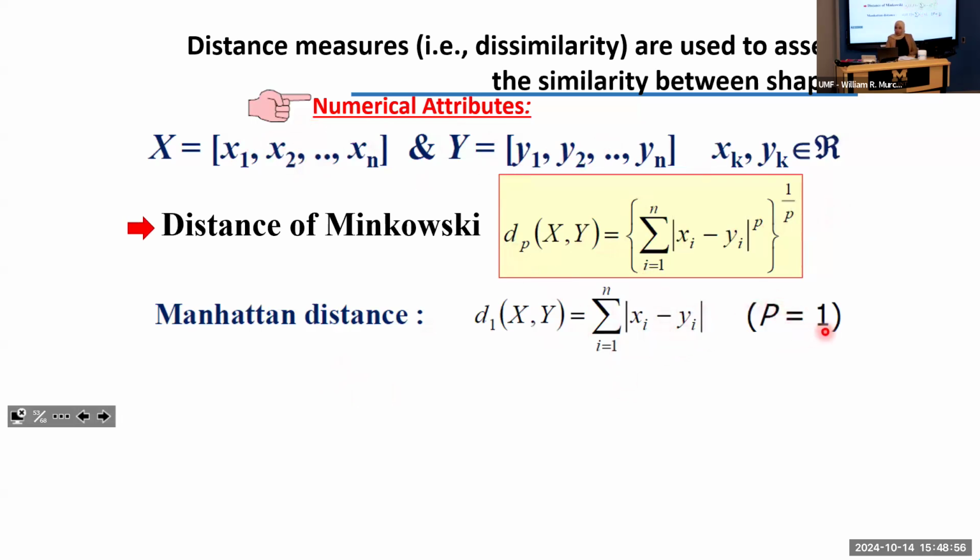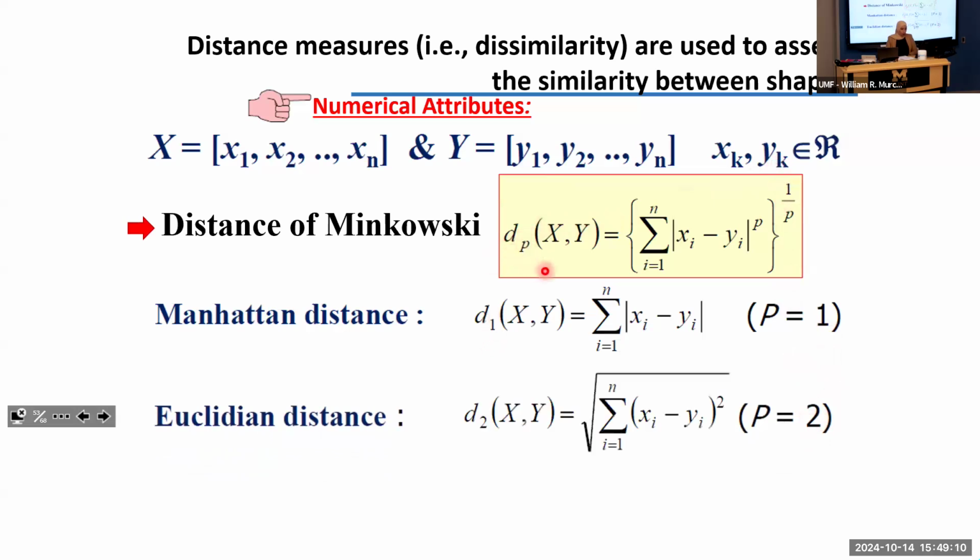If now you increase the value of p by 1, which is p equal to 2, how can you imagine this formula? So this was called d1, and here we will have d2, which is going to have, you are right, the square root, because when we have power 1 over 2, or half, it can be written as a square root, okay? With the same thing here, and here we have power 2 because our p value is equal to 2. And this is the famous Euclidean distance, okay?